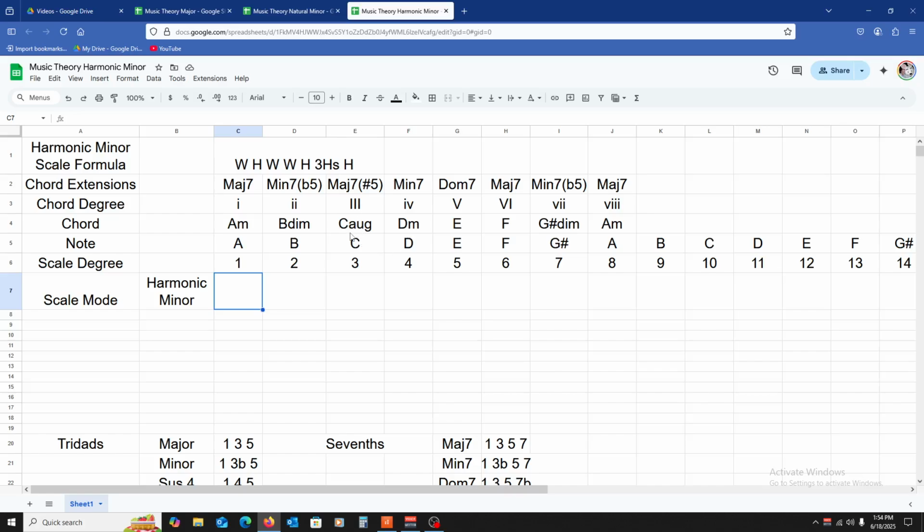And so this becomes a C augmented. D minor stays the same. This E in a natural minor scale would be an E minor, but now, because it's in the harmonic scale, this actually becomes a major chord because of this G sharp. Then F is the same as normal, and then this G, instead of being a